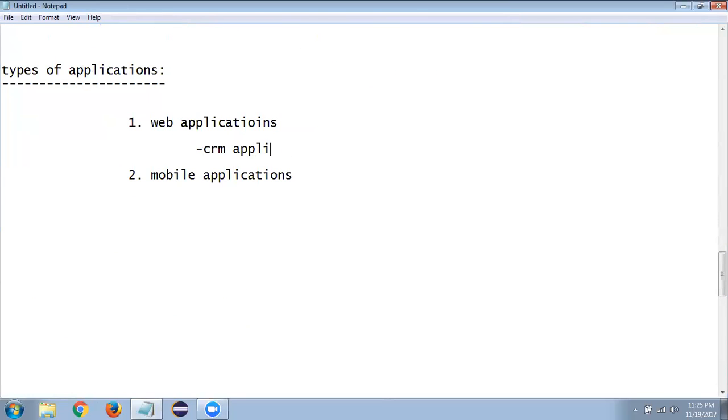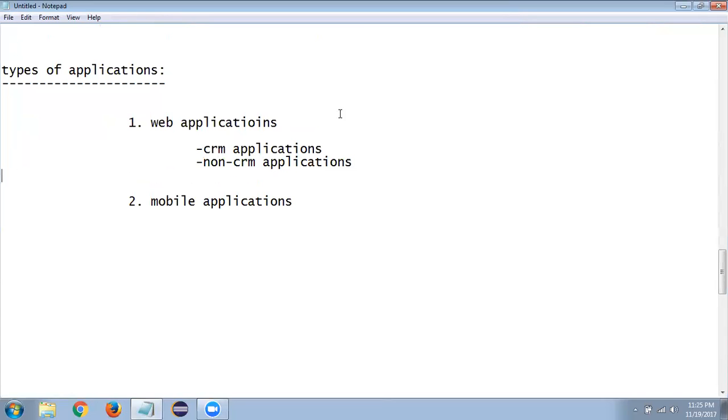One is CRM applications, and then we can develop non-CRM applications also. Meaning that it's not only CRM applications that we can develop using Salesforce. For example, take a recruiting kind of application. This organization's main focus is recruiting employees and accepting resumes.